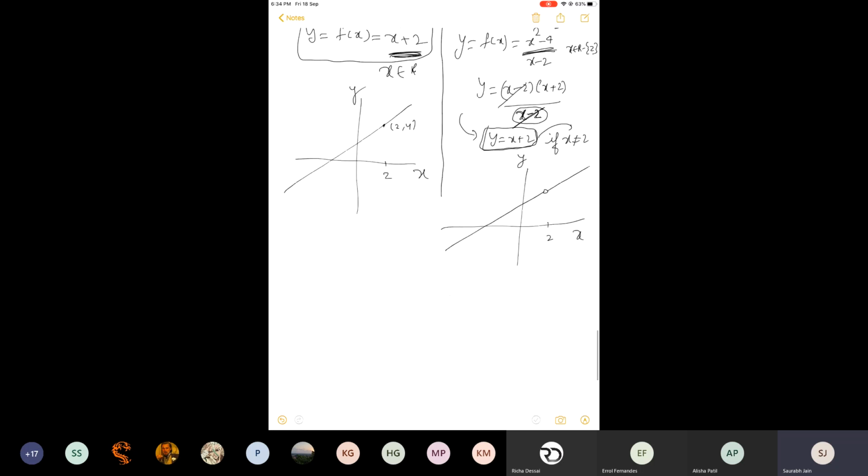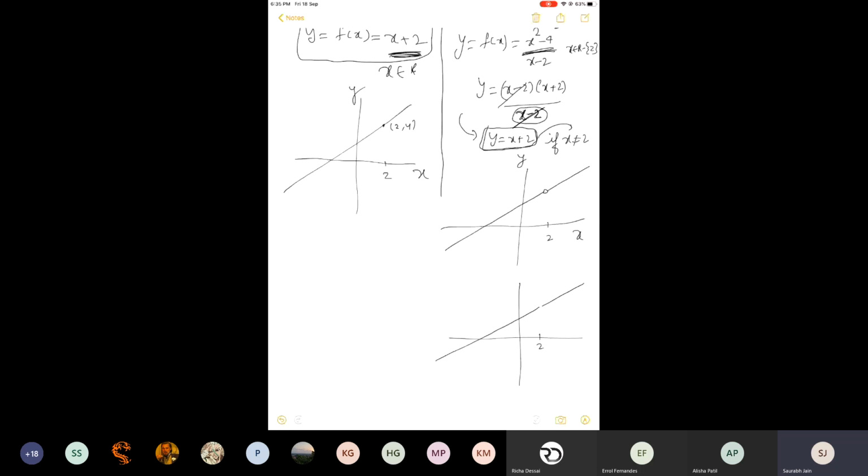So sometimes this graph is equivalent to this also. They do not make anything and they just break it at this point. And from here only the concept of limit will start. What is the concept? I am not allowed to put x equal to 2. I am now strictly talking with respect to the second one only. I am talking about this function x square minus 4 upon x minus 2. I am not allowed to put x equal to 2 here, but I am certainly allowed to put all other x except 2.